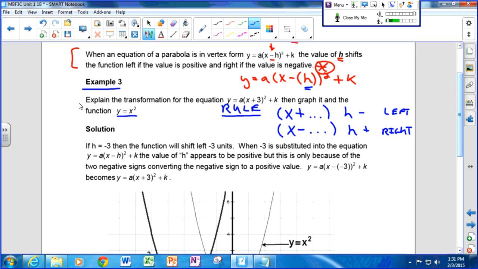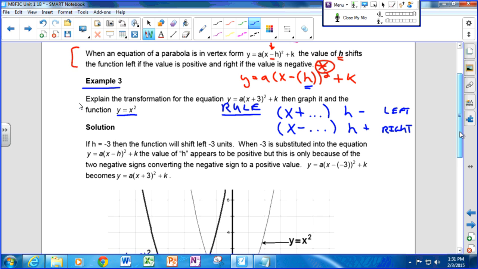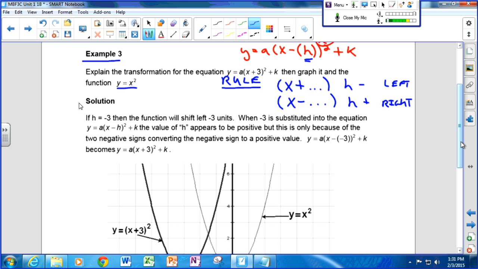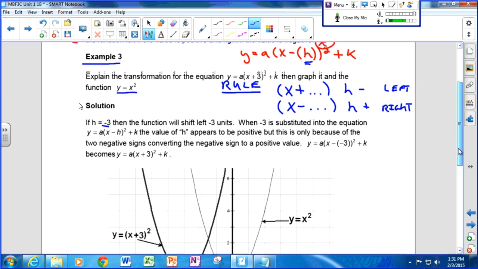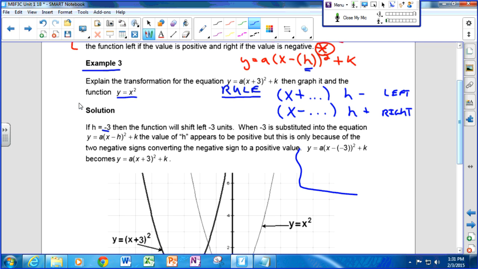So this is a kind of a common thing. They want you to be able to quickly graph it. Okay. Now, what they're saying is that h is negative 3, and it means that they're substituting the way I showed it just up above, and I'm just gonna have to kind of make a little room right here. What they're saying is that y equals a. We don't know what a is. We don't care what a is.